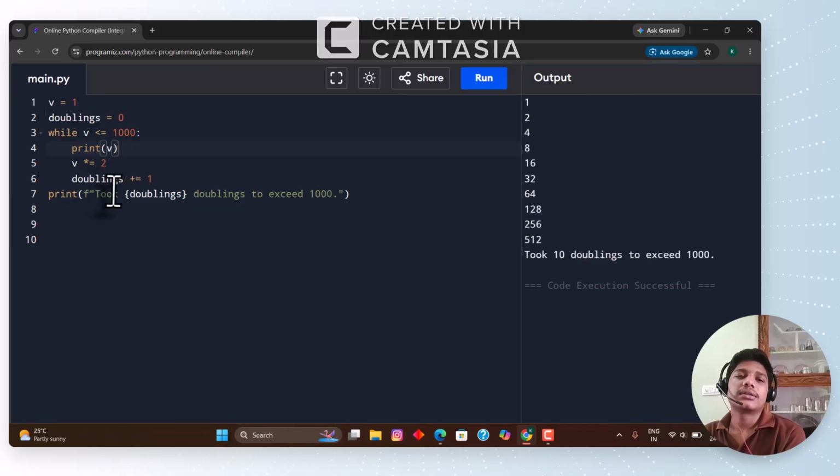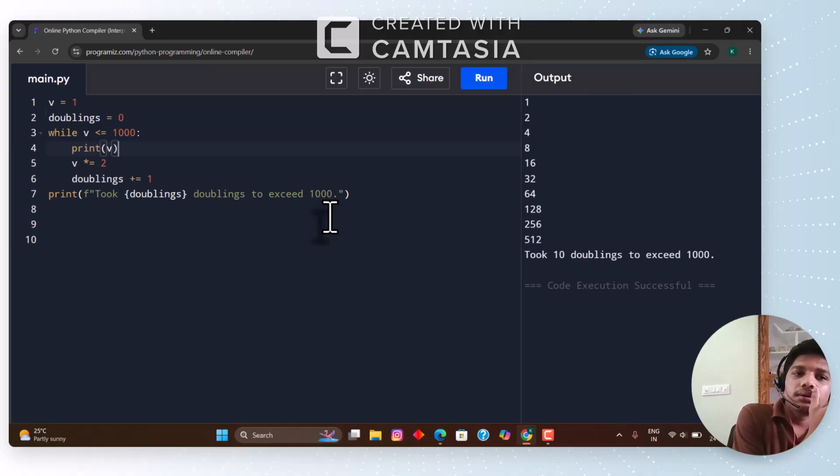After this print, we are doing doubling again. So that is the reason we got 10, right? After this print, we know this format, doubling to exceed 1000. So you can see here doubling was used in this step, but